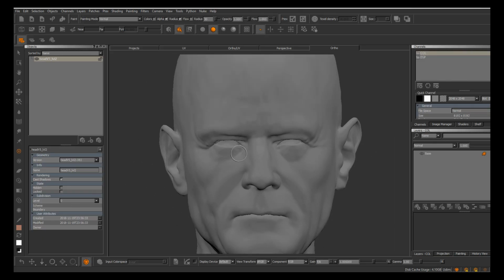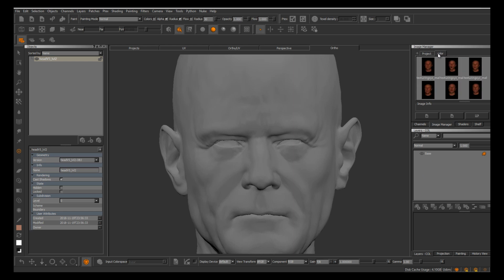So now we're here in Mari again, and what I did is that I made another project inside the image manager, and I imported some color images from Texturing XYZ that I bought a long time ago. I'm sure there are nicer ones now on their website, but yeah, so I have here the